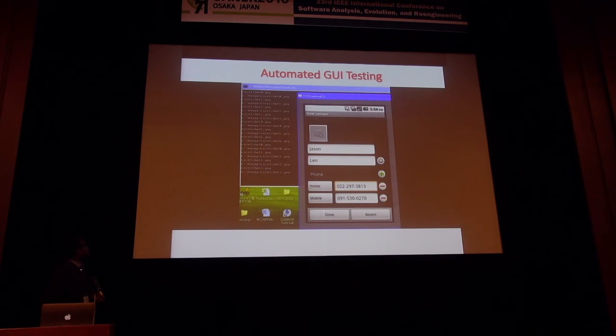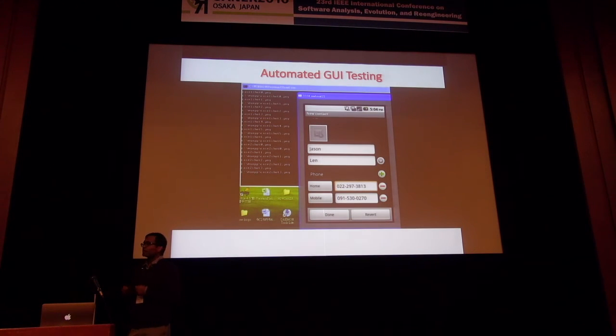The next area is testing. A lot of work has been done on automated GUI testing. There's a tool called Dino Drive from Georgia Tech, Evo Drive from UC Irvine, I think it's called Monkey Lab from William and Mary, and Google has one called Monkey Runner as well. All of these are trying to exercise the app in various ways and exploit all possible paths through the GUI. An issue that they're currently facing is coverage.